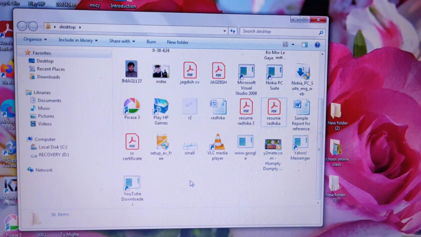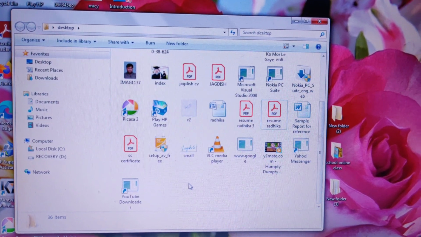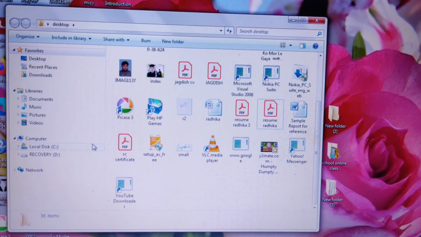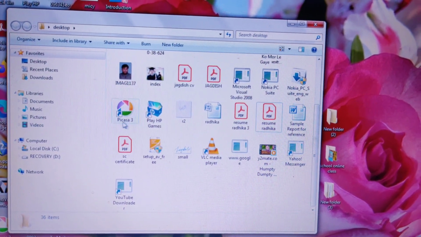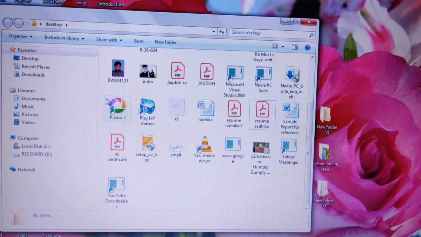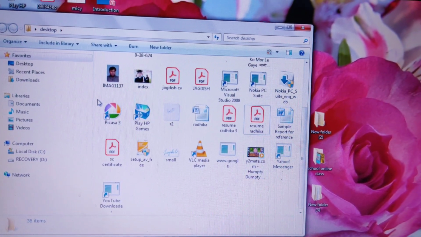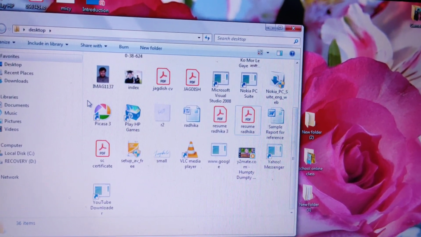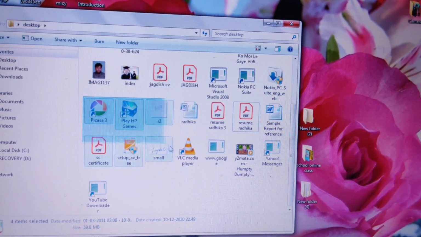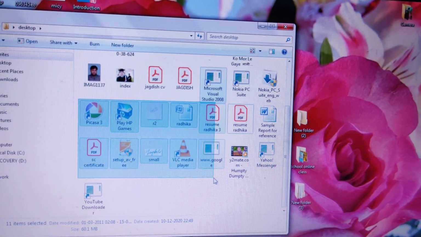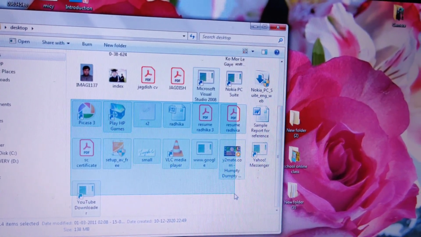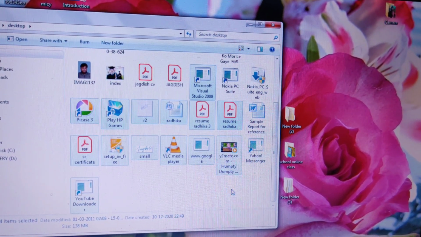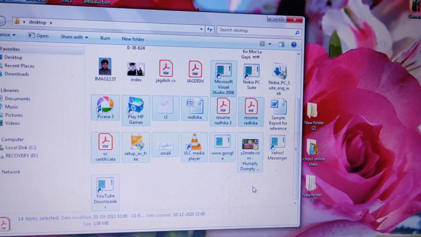Now next is how you can select a group of files. For that, open the folder containing files, which is already open. Then position the mouse pointer slightly above and to the left of the first file in the group. This is the file I want to select. Place your cursor there, press the left button of your mouse and drag your mouse for the selection. I want to select only these files, and after selection leave your mouse. Now they are selected. In this manner you can select a group of files.